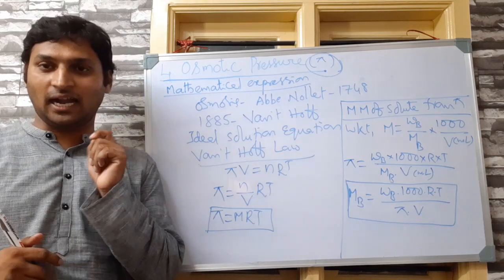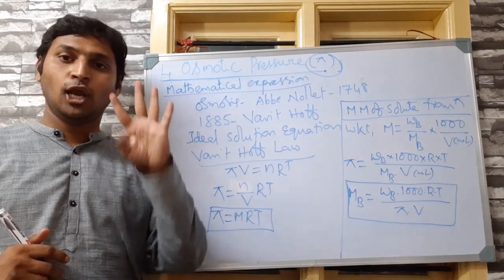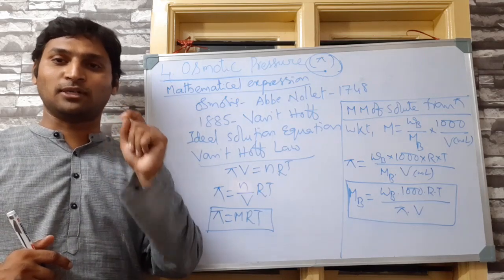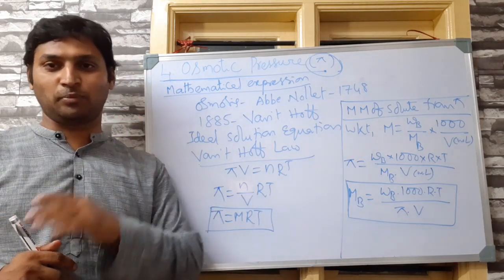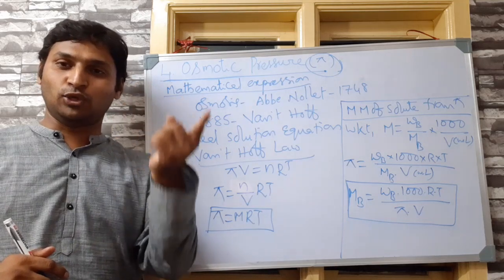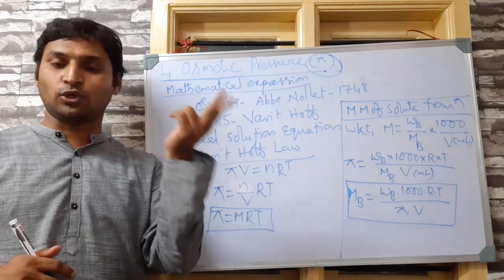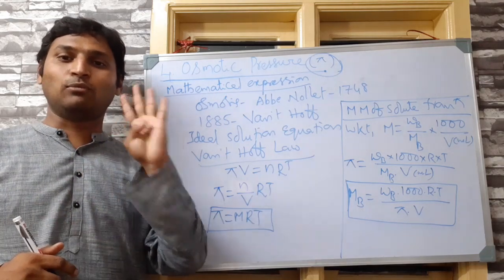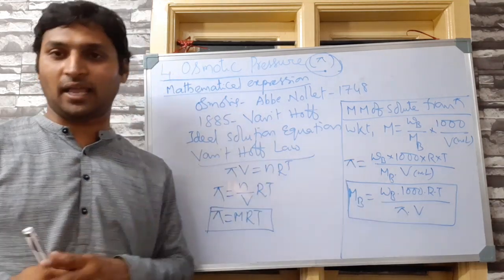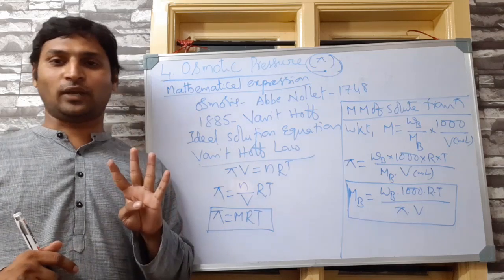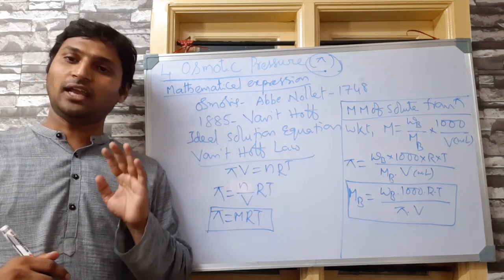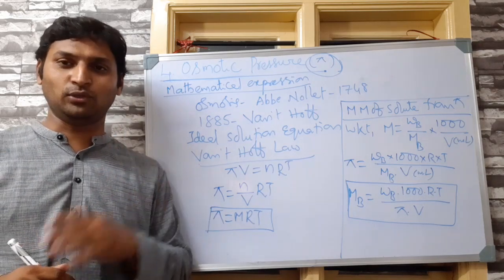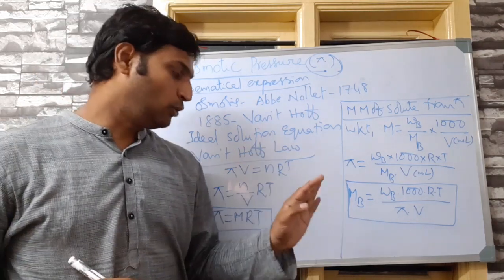Now please understand and remember, totally 4 expressions we got for determining molar mass of solute from the 4 colligative properties. Molar mass of solute versus RLVP, molar mass of solute versus delta TB, molar mass of solute versus delta TF, and molar mass of solute versus pi. All these 4 expressions are very important, especially for your board exams. I'll come to that, by the way. Okay. Now you please notice,